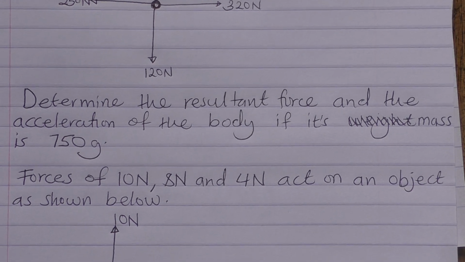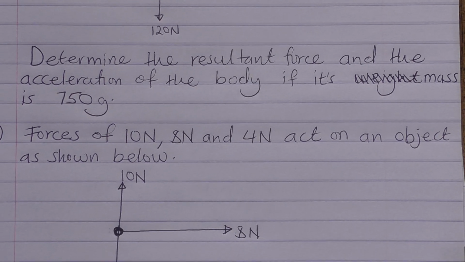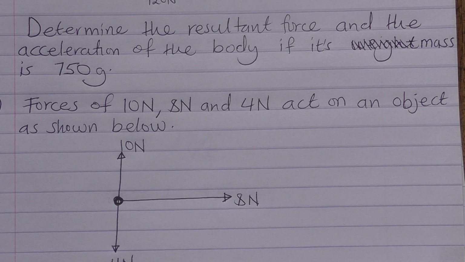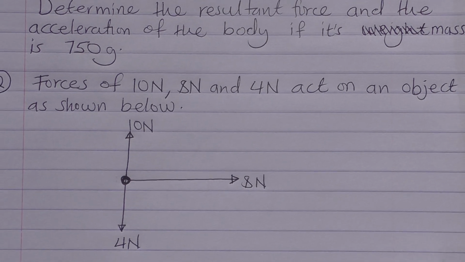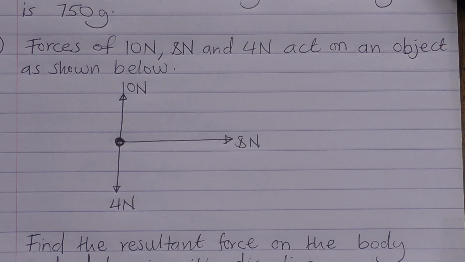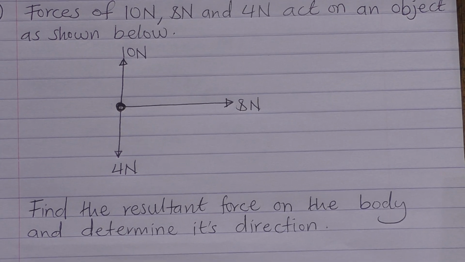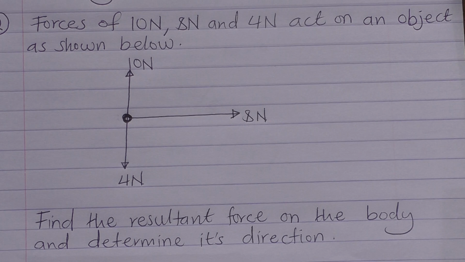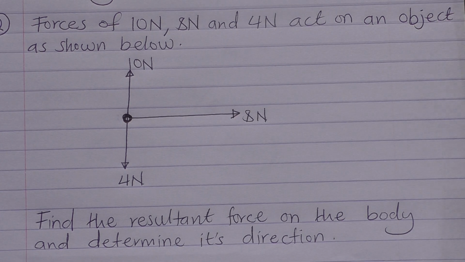Then we have number 2 that also has 3 forces acting on the same body, and they want us to get the resultant force and the direction. So those are the 2 numbers I want you to try out. Please, you can pause and copy them, try them, so that you also evaluate how much you have